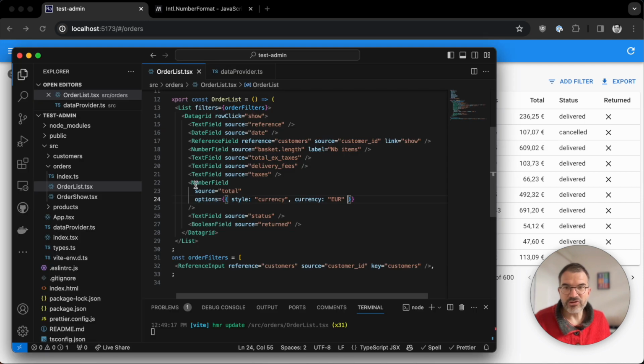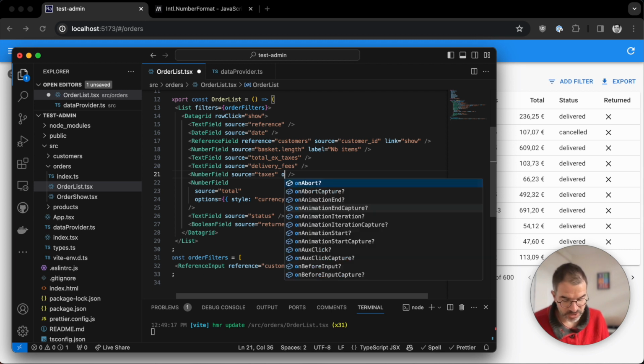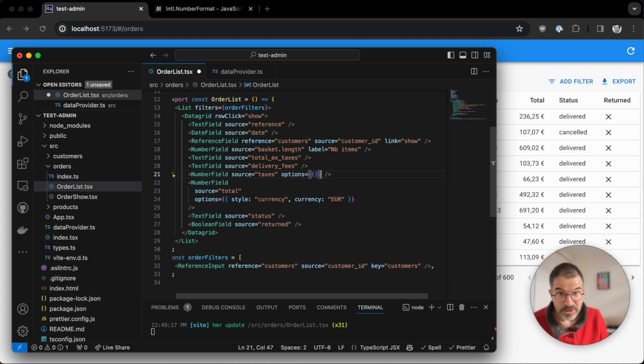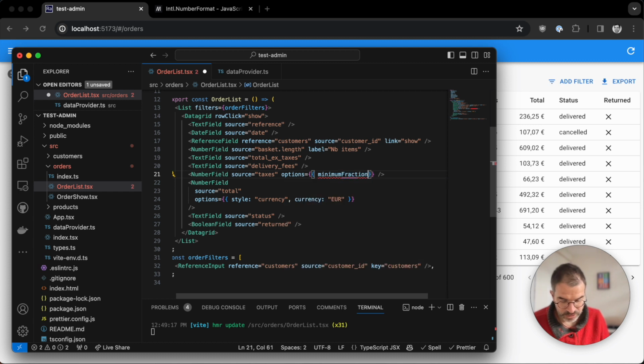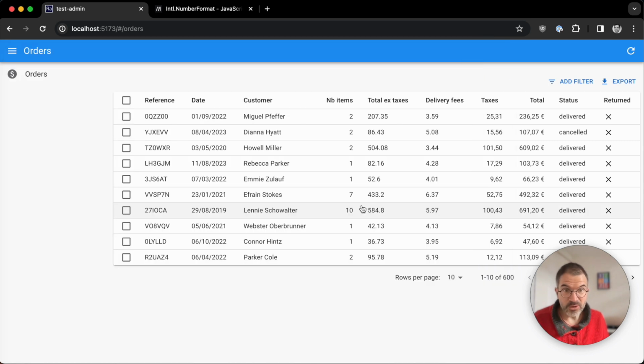So I'm going to change taxes to be also a number field, and I'm going to use the minimum fraction digits, and I'm going to say 2, and now all the numbers have 2 digits, right?